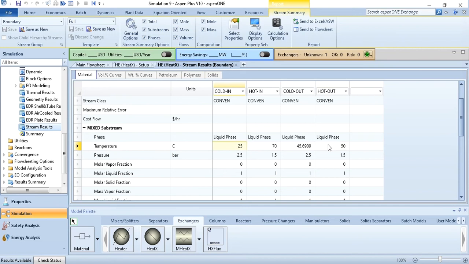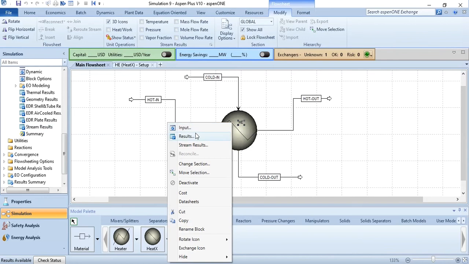If it comes down below the minimum approach temperature, then it will not converge. कि अगर ये डिफरेंस 10 डिग्री से कम हो जाए तो आपका ये हीट एक्सचेंजर कन्वर्ज नहीं होगा, तो फिर आपको अपनी स्ट्रीम की कंडीशंस को डिफरेंट या चेंज करना पड़ेगा। लेकिन खैर वो अभी इस हमारे करिकुलम में अभी के लिए, चूंकि ये इंट्रोडक्टरी लेक्चर है, तो इंक्लूड नहीं है। And once you click on this results,